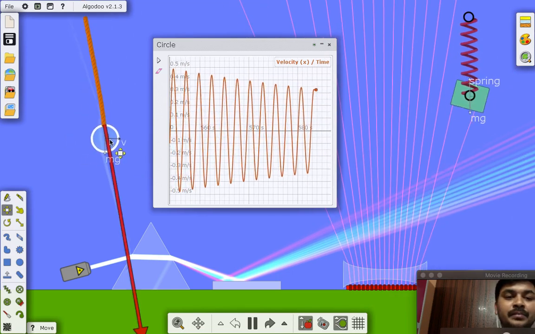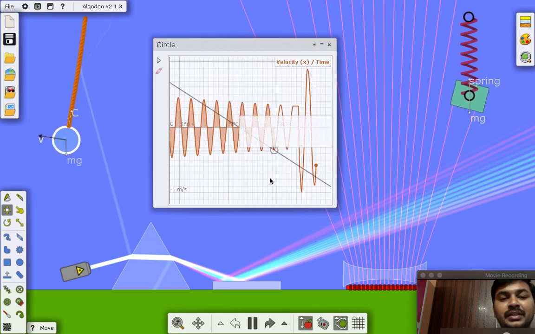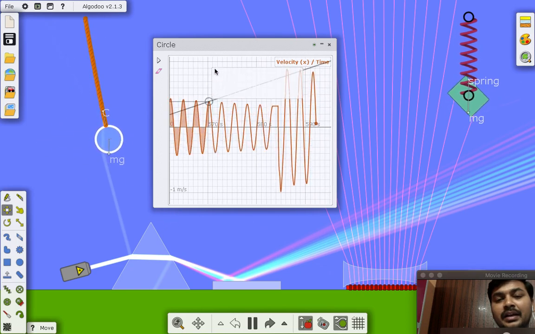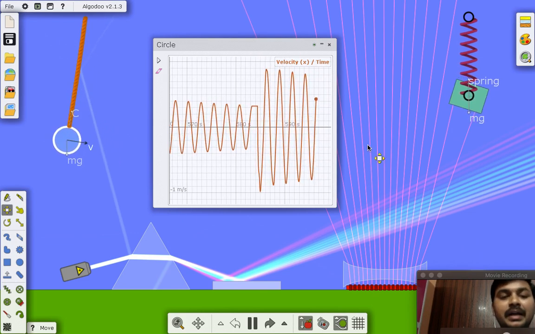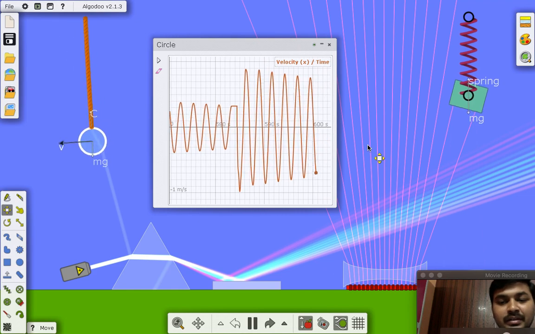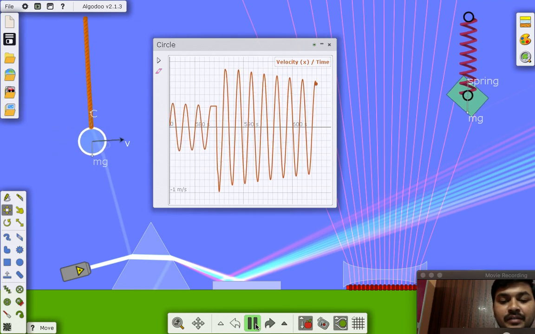And this is a simple pendulum animation. So you could see here, while oscillating the pendulum, the graph is showing the position versus velocity. So this type of simple animations, how we can create them on our own with this simple software, I will show you today. First I will introduce this software.